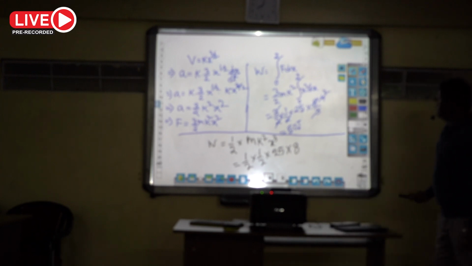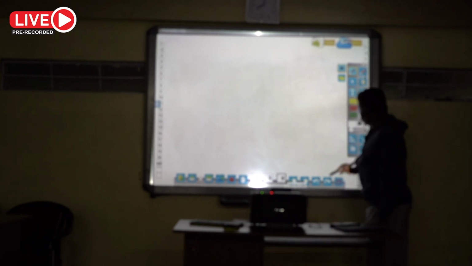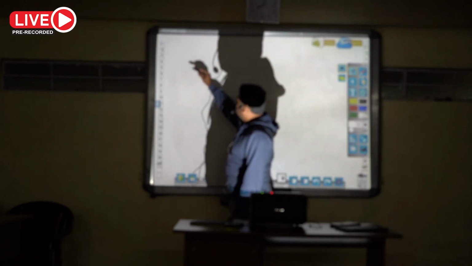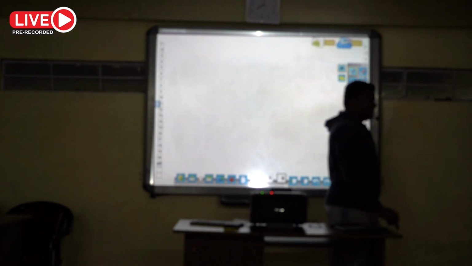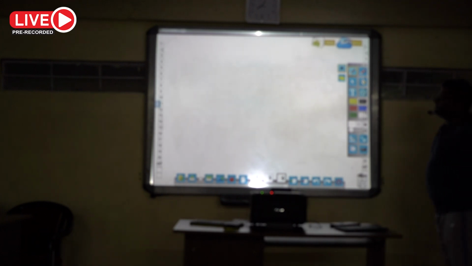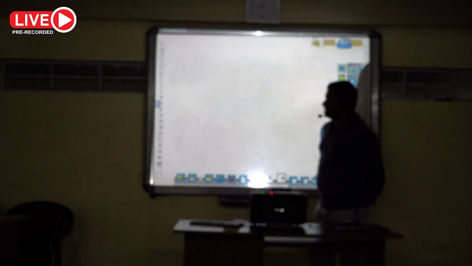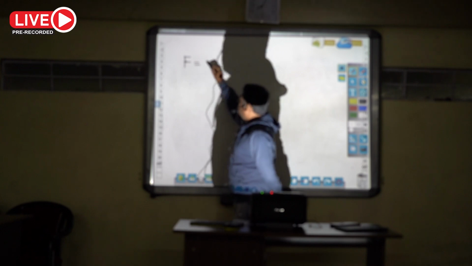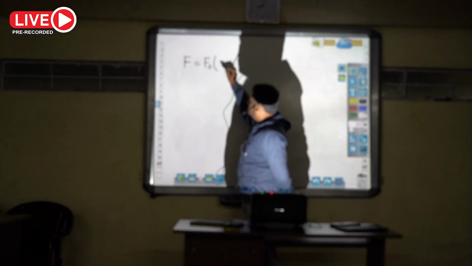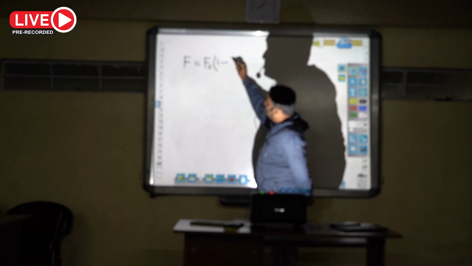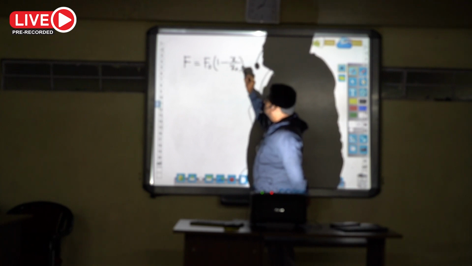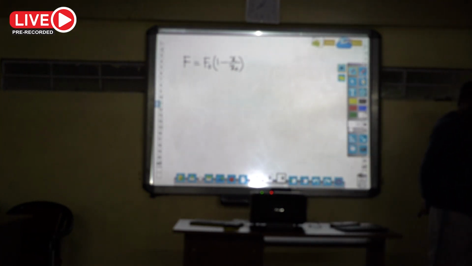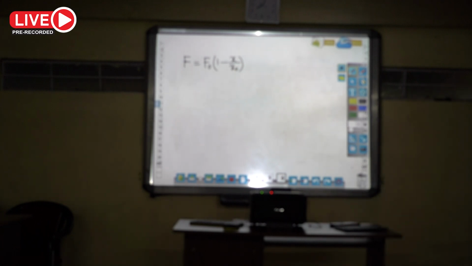Okay, I will give you one problem. Write down: a particle is acted upon by a force F equal to F naught into 1 minus x by x naught,